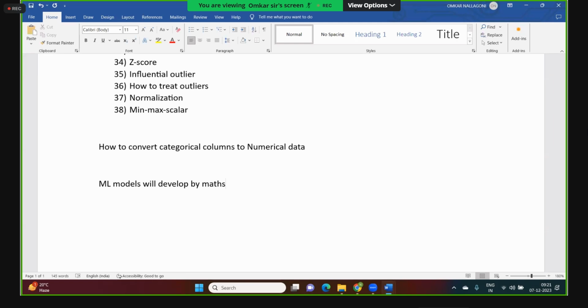It will not take English letters. That's why it is very, very important, before training any ML model,